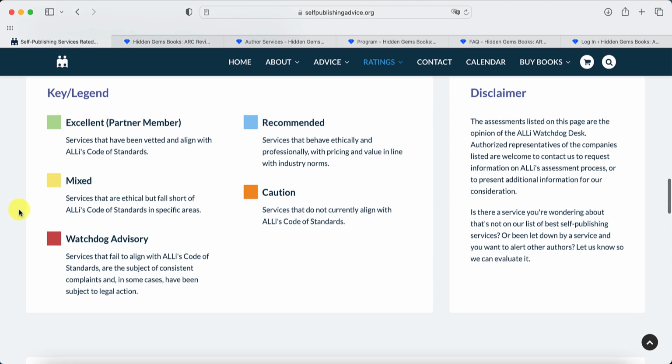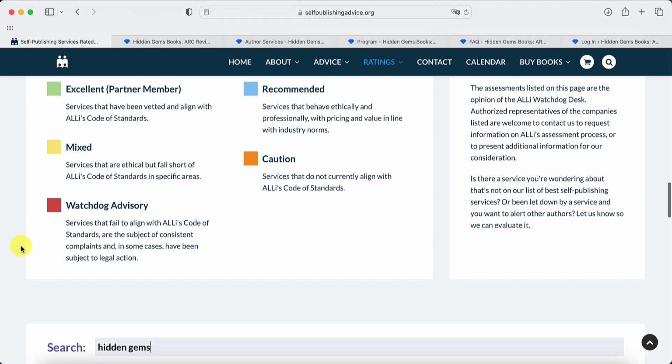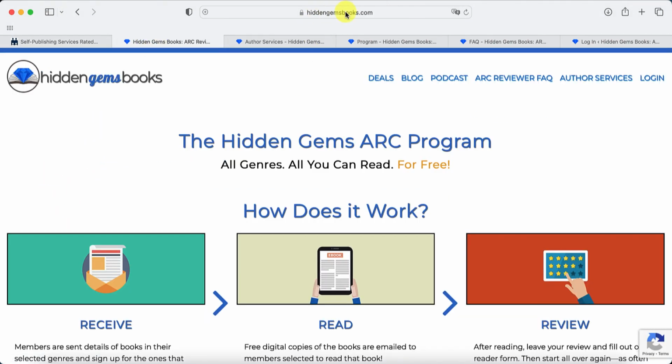Now, all these services really are up to you to do your due diligence, so make sure you're happy with any service that you're planning to use, all right? Don't simply use it because someone told you to. It is ultimately your responsibility. So, that aside, I'll take you to the Hidden Gems website,